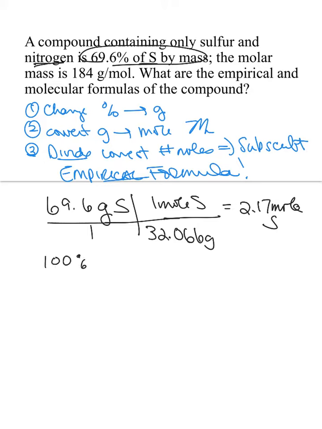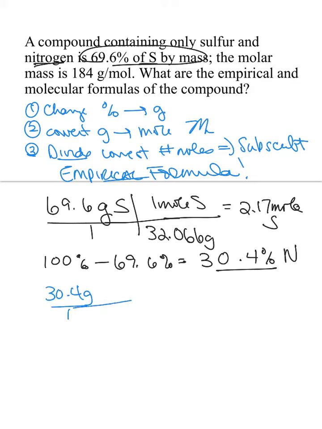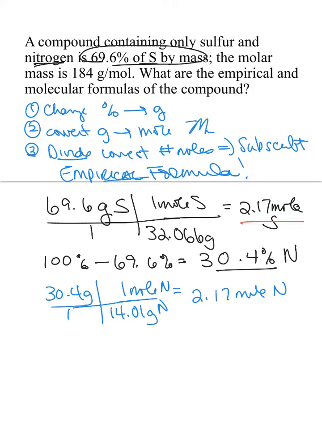Well, you do 100% minus 69.6%, because whatever's left has to be the other element, so 30.4% nitrogen. So we're going to convert that to grams, 30.4 grams. We're going to look at the periodic table and see that 14.01 grams is 1 mole of nitrogen, and that works out to be 2.17 mole of nitrogen. So since it's 2.17 and 2.17, you divide both by 2.17, and your empirical formula ends up being